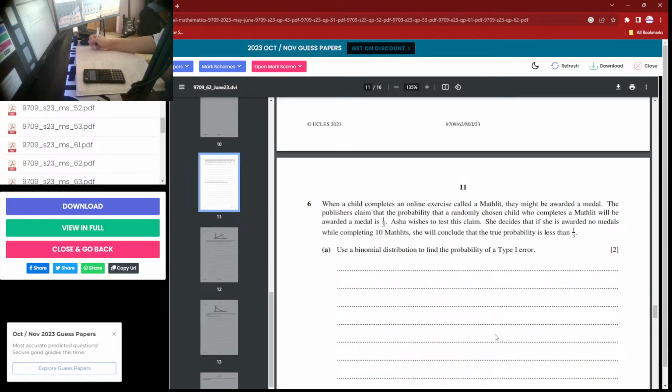So we will try and make it so that we conclude the probability is less than 1/3. We know the probability of getting awarded a medal is 1/3. So if she gets no medals while completing 10 Mathlits,